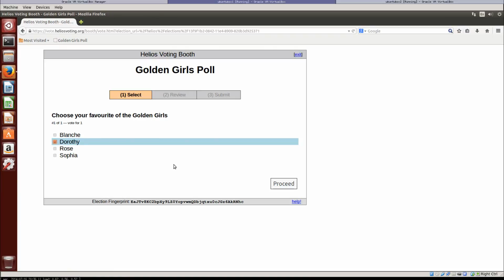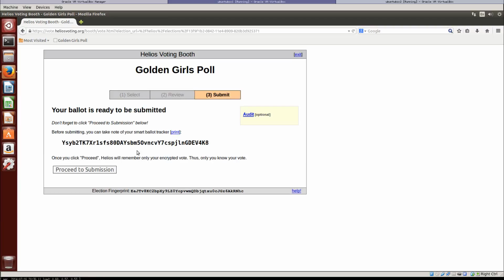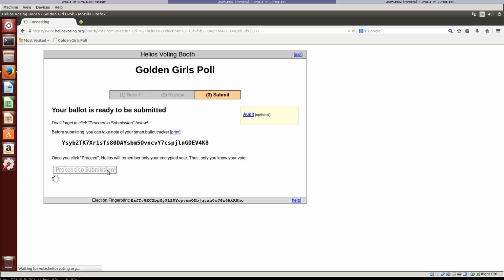We instruct him to pick our chosen candidate Dorothy, regardless of his preference, and advise him that the choice doesn't matter since this is just a practice ballot. We tell the voter to click Proceed, confirm choices and encrypt ballot. The voting terminal prepares the ballot and displays a tracking string, in this case ending in 4K8. The voter clicks Proceed to Submission